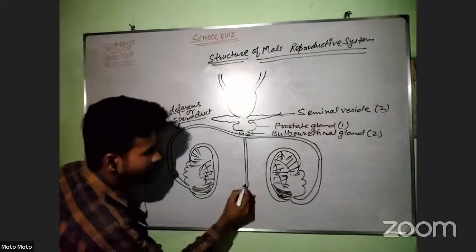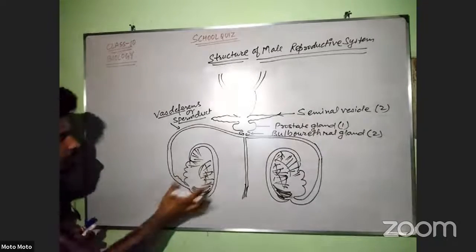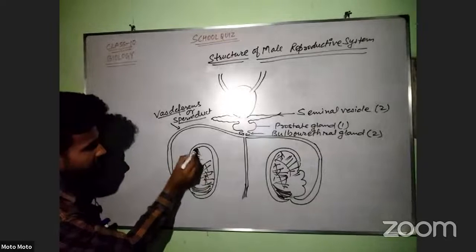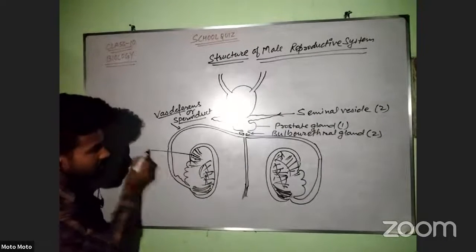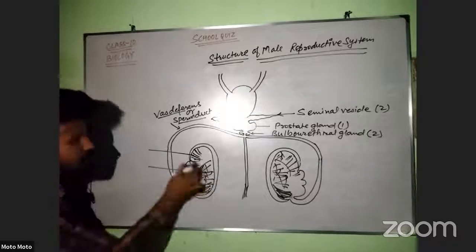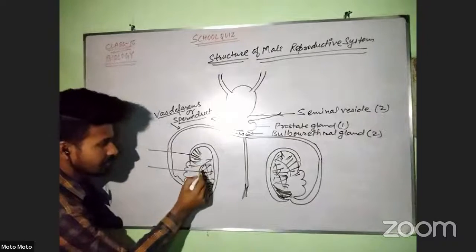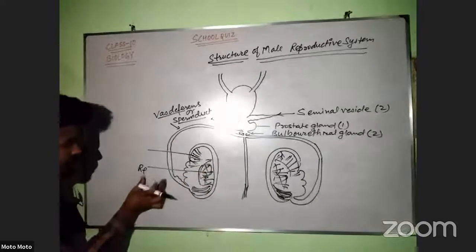This is somehow the diagram of the testis that I have made, and in this part we can see that we have some projected structures like this. You can see here, and these structures are different from each other. This structure is basically the rete testis. We can write here,